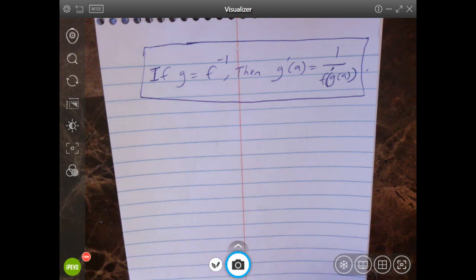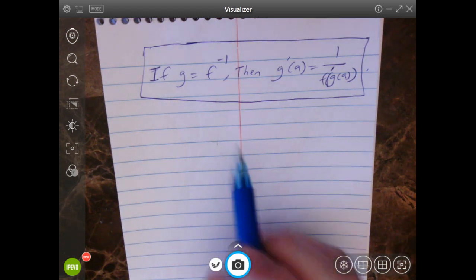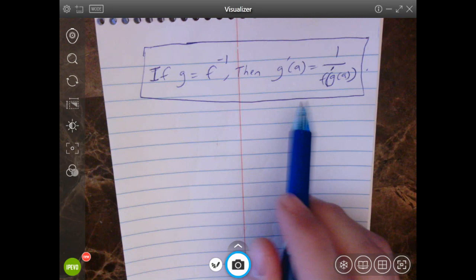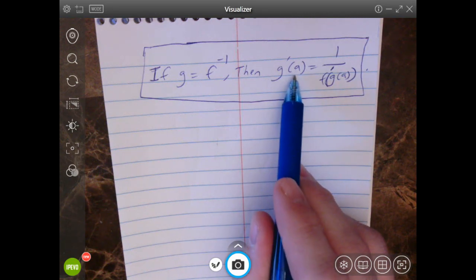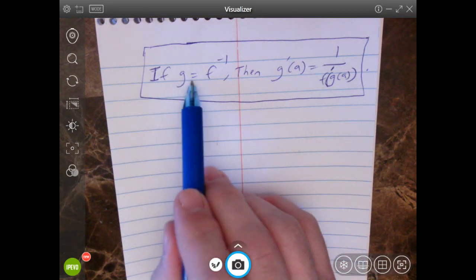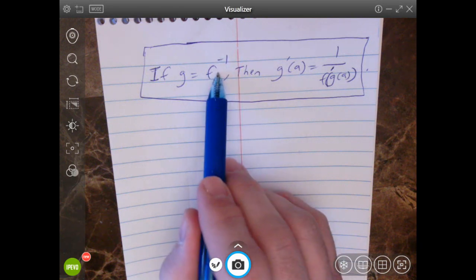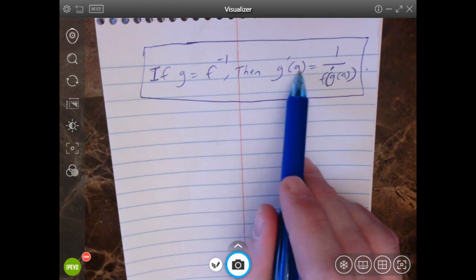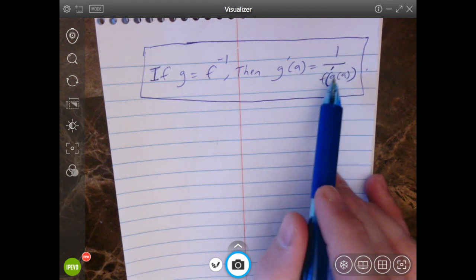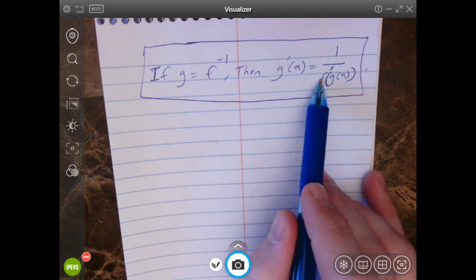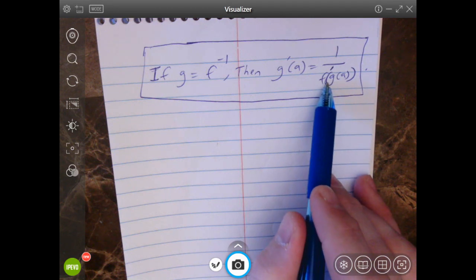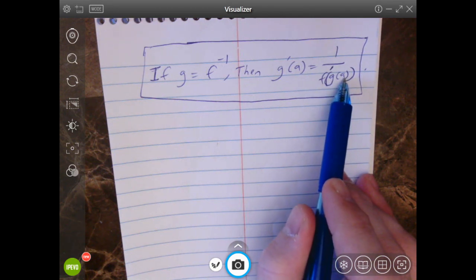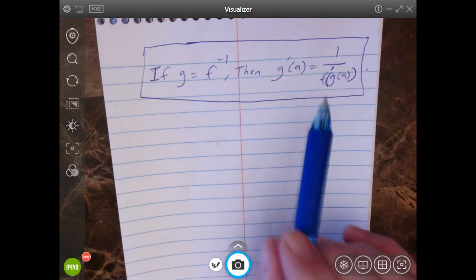Hey guys, here's a video to walk you through how to find the derivative of an inverse function at a particular value. So if g is the inverse of f, and this is the notation for inverse, then the derivative of g at a particular value a is going to be 1 over the derivative of f evaluated at the inverse value at a. So let's talk about all those puzzle pieces, and then we'll do some examples, see how